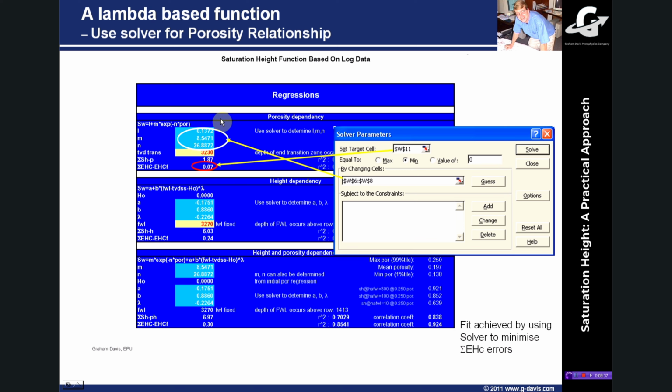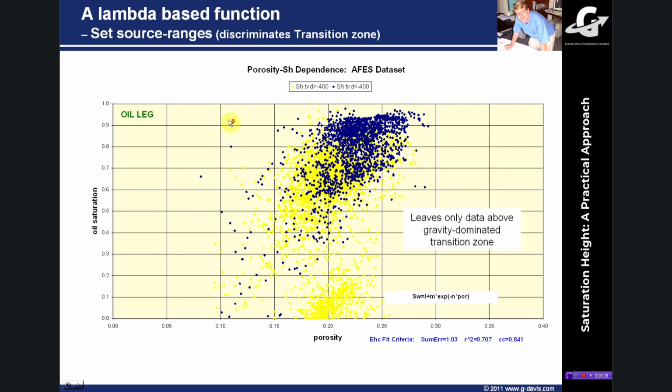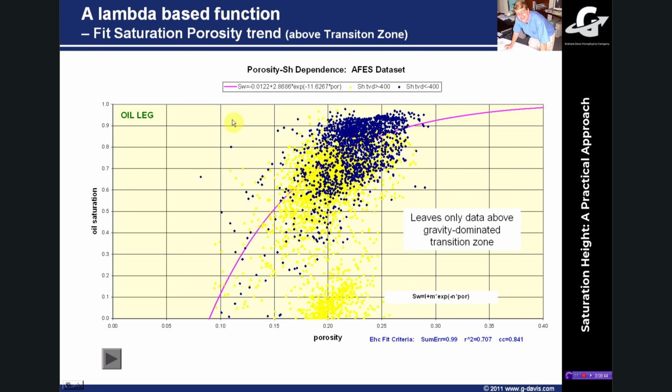So this is the porosity dependency equation. We run the regression, and then after we've done that, it fits a nice curve for us here, and that curve is annotated on the annotation sheet, and that's again picked up here. So the equation that we've come up with automatically appears on this chart.